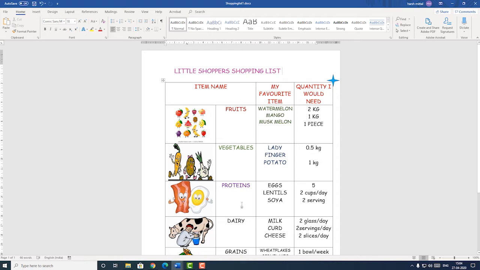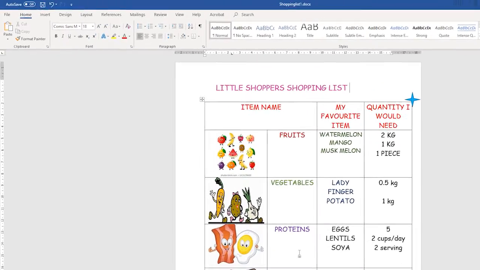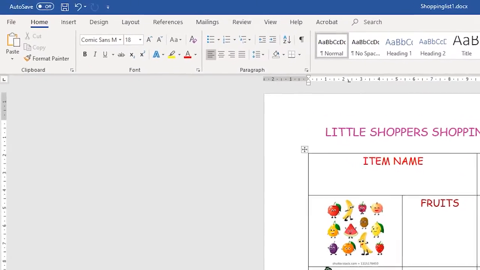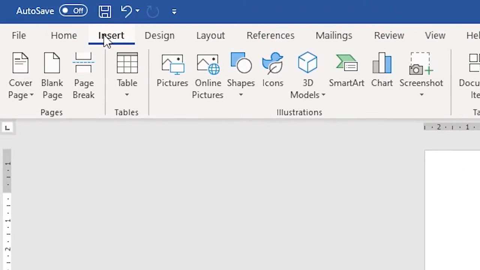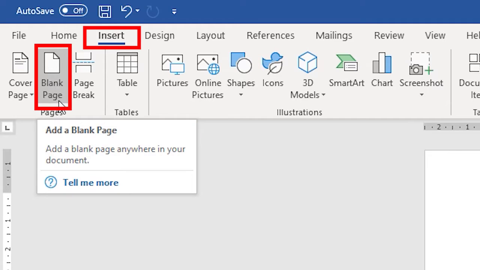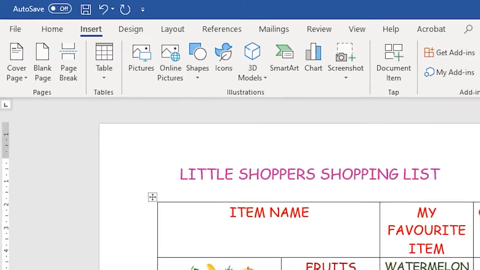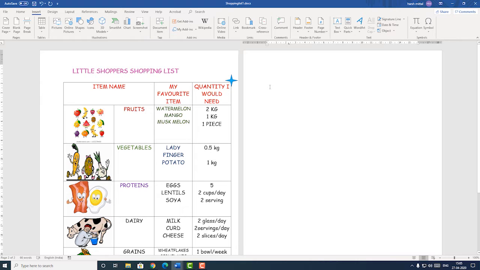Now children, what I want is that we should be able to get our title on every page. This is the title we were getting only on this page. Say if I insert a new page, I go to insert option and I just insert a blank page. On this page I again have to write a title. I don't want to do that. I want my caption to be the same for all the pages. So for that what will I do? I'll simply remove the title from here